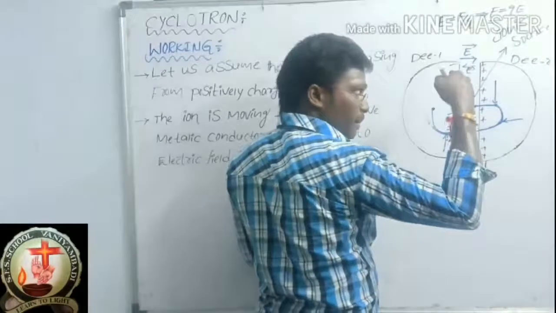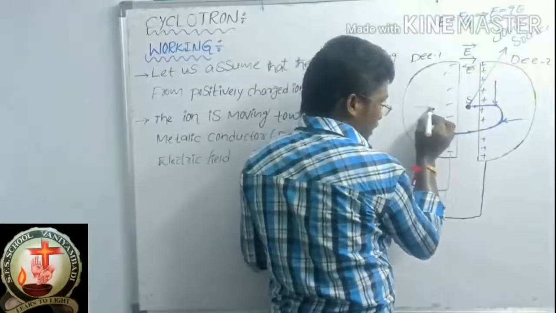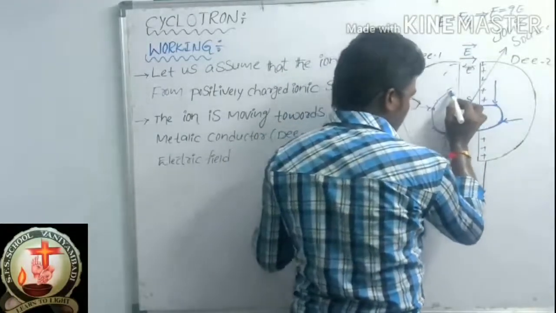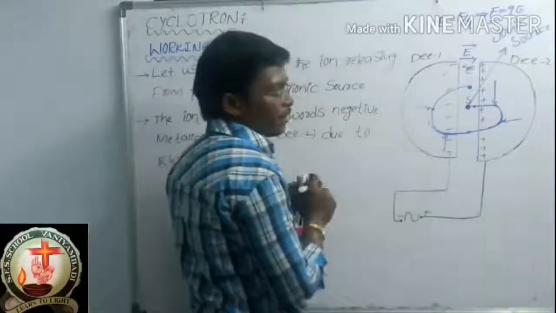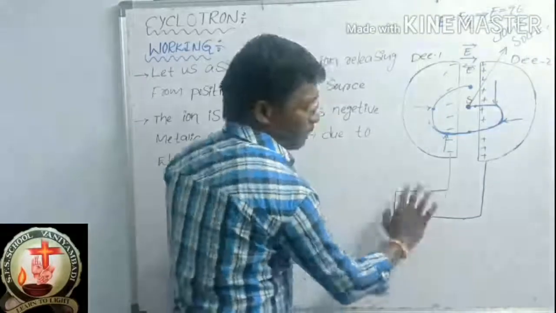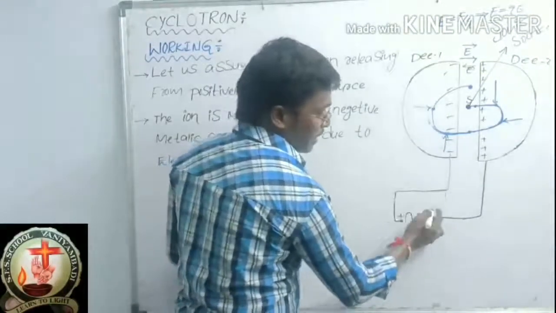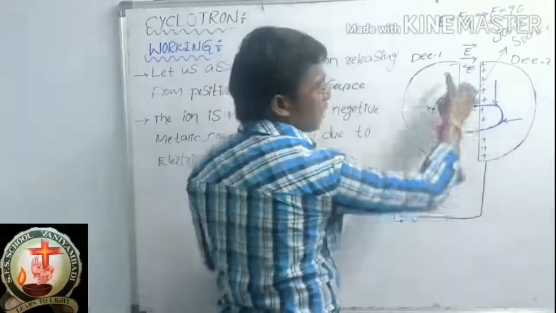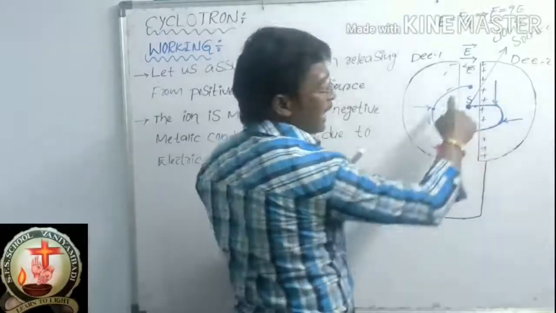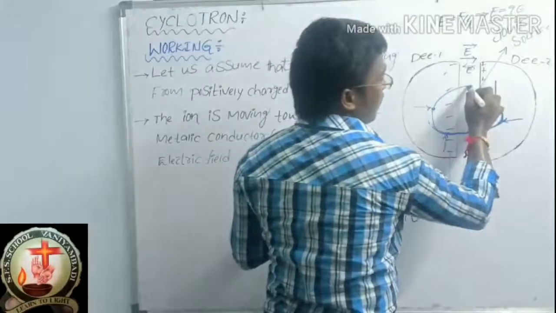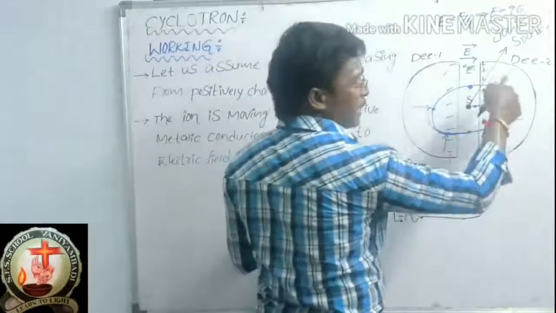Velocity is in this direction, magnetic field is in this direction. Both are perpendicular. Again force will act on this charged particle, so the direction will be changed and again it will reach the middle. Now again the oscillator will be interchanging. This will become plus and this will become minus, so this will be the positive terminal and this will be the negative terminal. And again it will enter into this region. What I told, the same procedure will be continued.